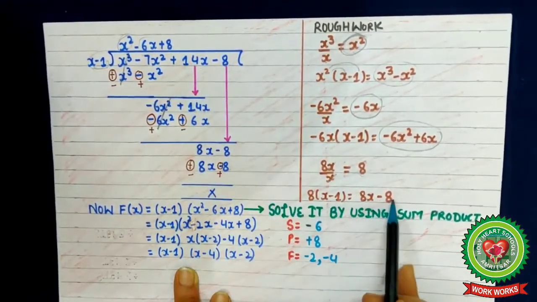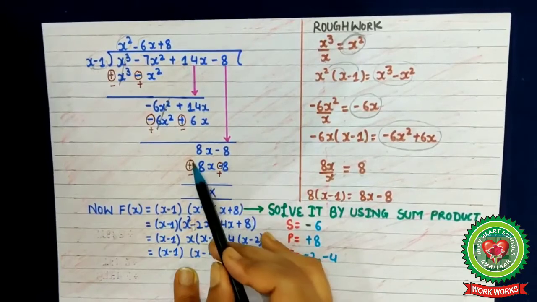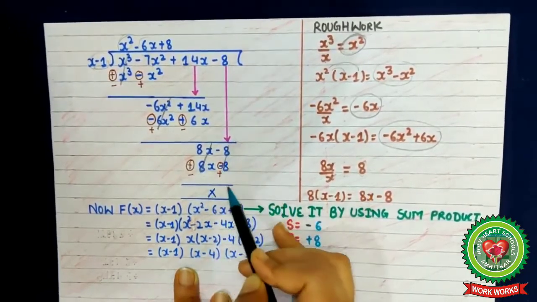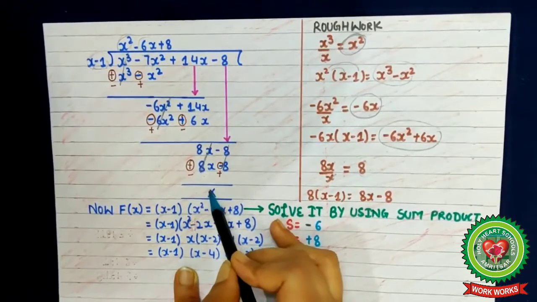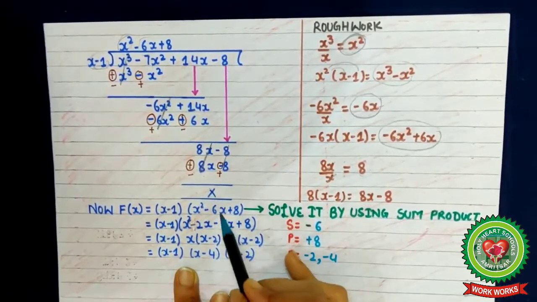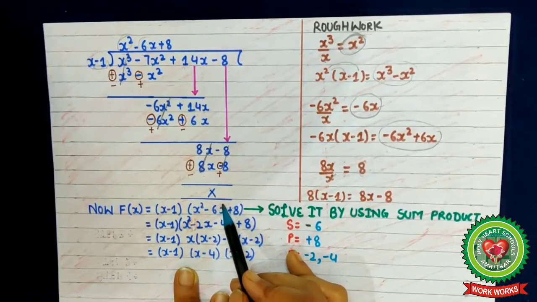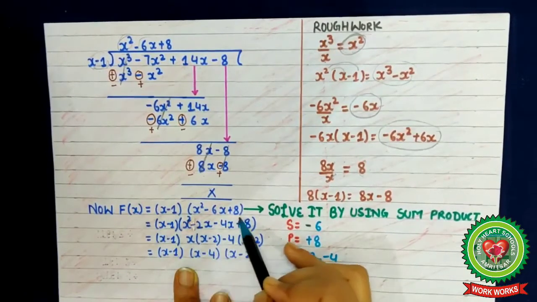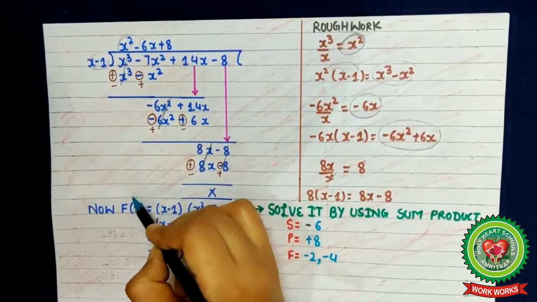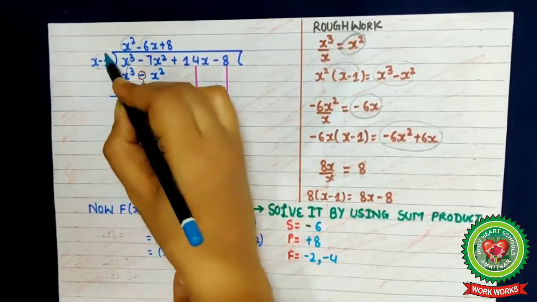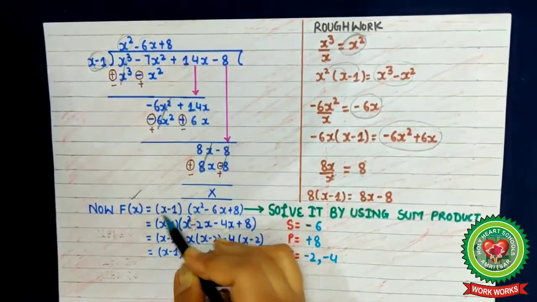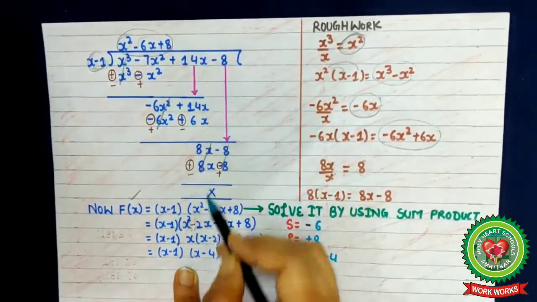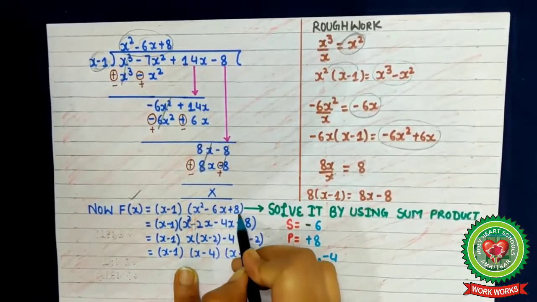After multiplying, I have got 8x minus 8. Now sign lock and change. These both will cut. Now we have got remainder as 0, so we will put a cross here. Now come to the last step, that is we have to factorize, so we have to write all the factors of f(x). So we will write f(x) is equal to, this was the factor, so I will write x minus 1. Also we will write this quotient here, that is x square minus 6x plus 8.